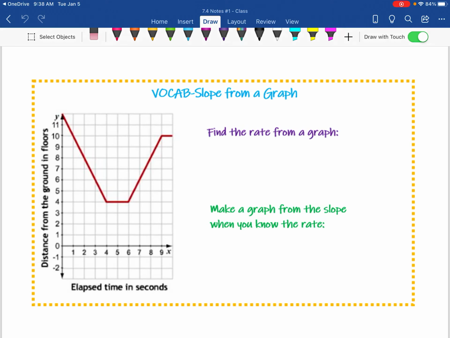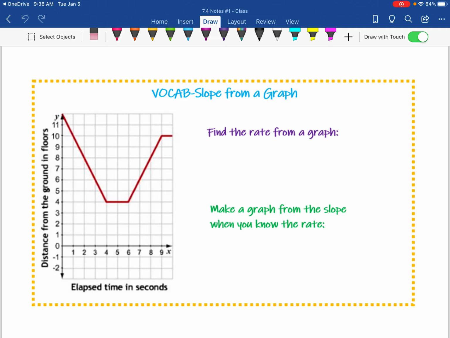Okay guys, here we go. We are going to do some vocab on finding the slope from a graph. We've done slope from a table, we've done slope from an equation. Now we're going to look at finding slope from a graph, and then we're going to be comparing the rates